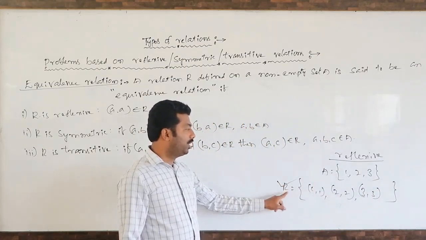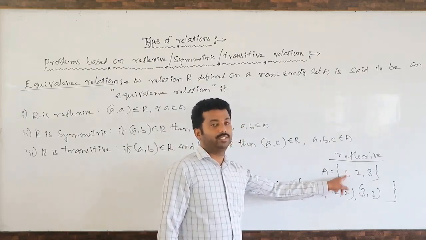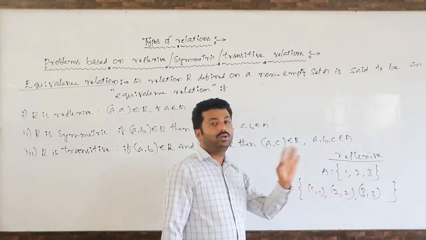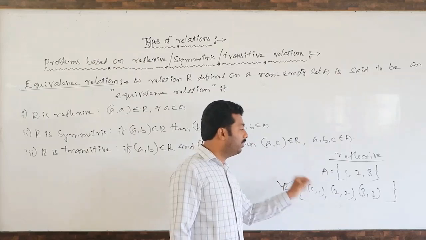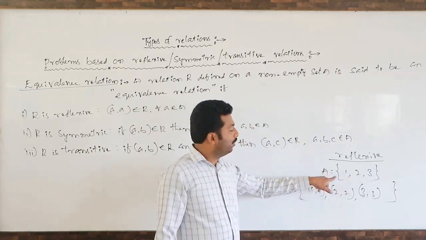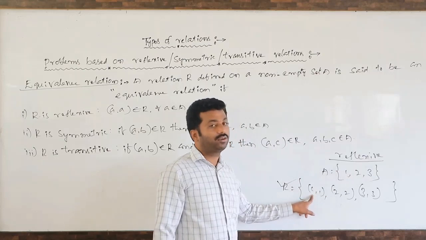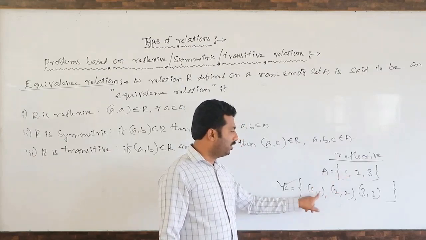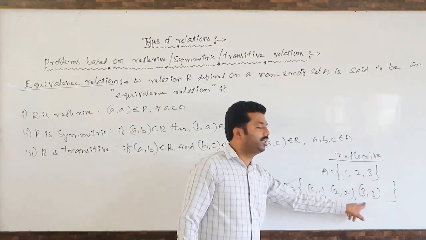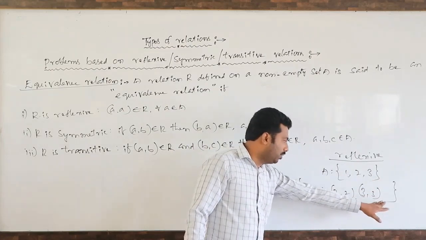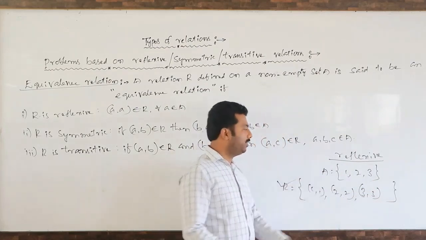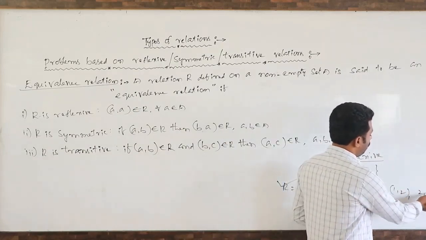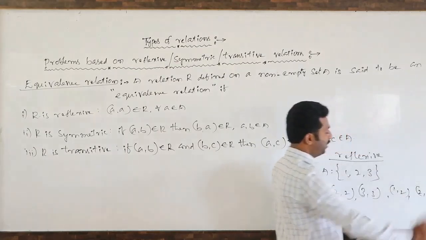So to check a reflexive relation, first we have to see the non-empty set. In the non-empty set, we have to check all the elements, not only one or two or some elements. Each and every element in capital A we have to check whether that element is reflecting or not. Reflecting means repeating itself. Means 1 you check, (1, 1) is there, (2, 2) is there, (3, 3) is there. Any extra pairs, 1, 2 or 2, 3, whatever the extra pairs are there, no problem.